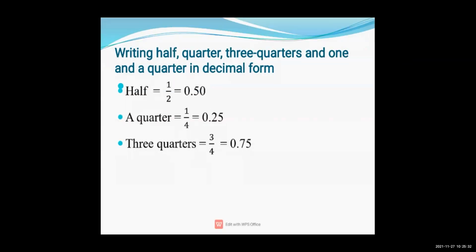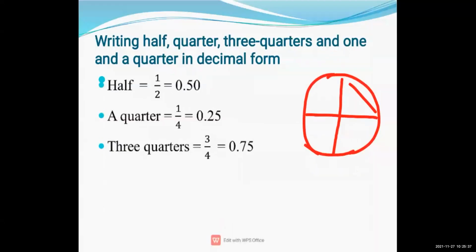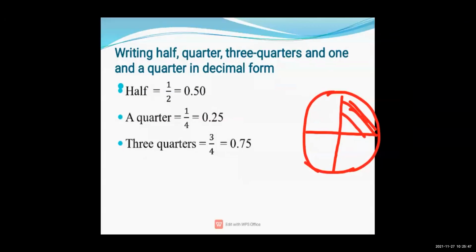Part is colored. In that four parts, one part is colored. So that we denote as a quarter. Quarter means 1/4. But how are we going to write it in the form of decimal? See, 100 में से one part is how much? This is 100, the whole. Now four parts means each will be 25. This will be 25, and this also will be 25.